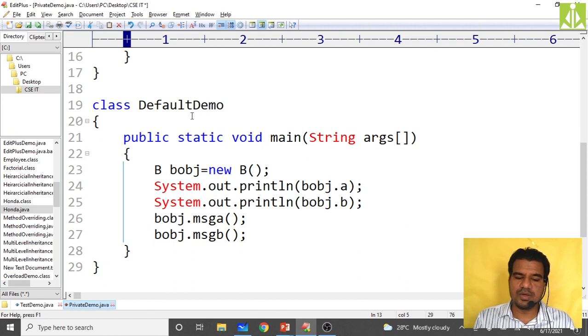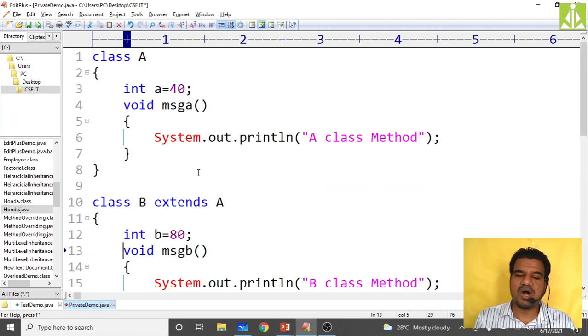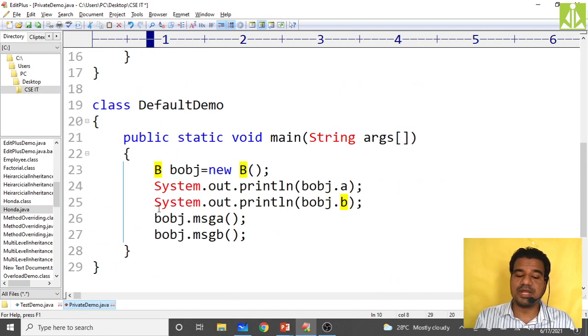So now go to your default demo, create the object and try to access all. Will it give the access? Yes, it will give the access, because all members are within the package, and I'm trying to access all the members using the B class object, and the B class is inheriting all the members of the A class. If B class were not inheriting the A class members, then here I should get an error: a should give an error, message A should give an error.